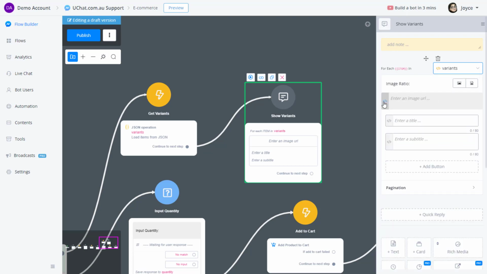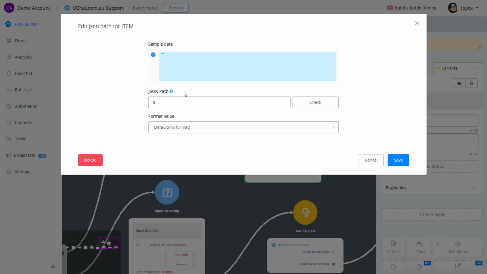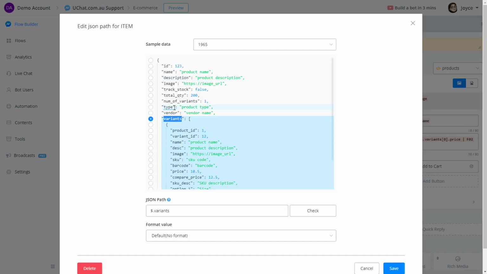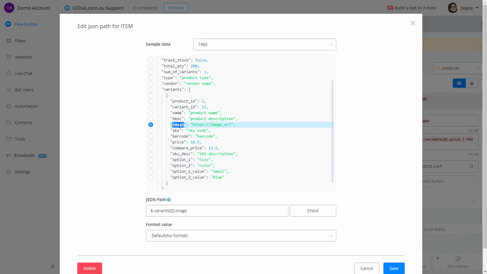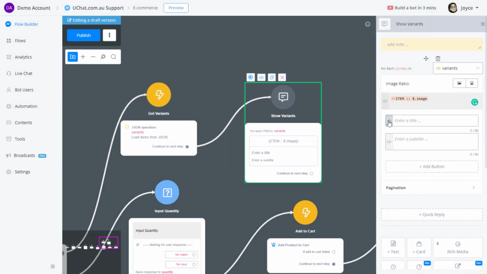Okay, so the item. If you forgot the path, go back and check. There is an image on the variant. So image, the path is $image. Save. And then the title is